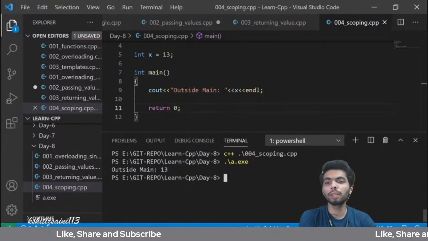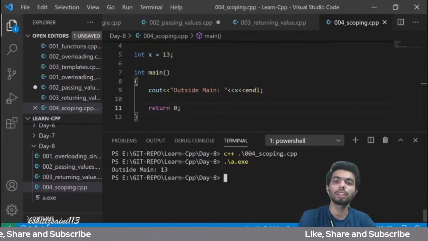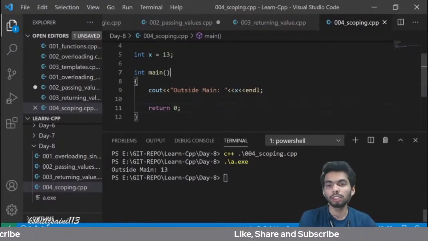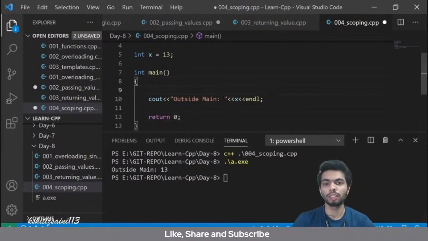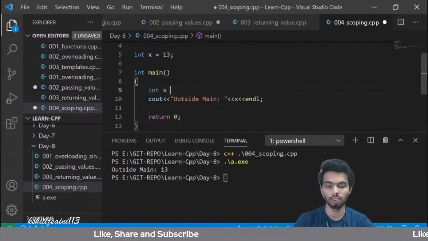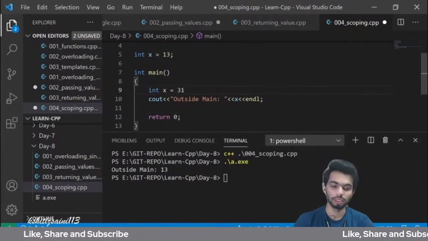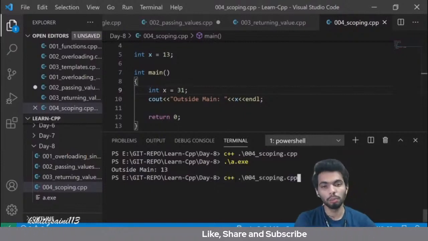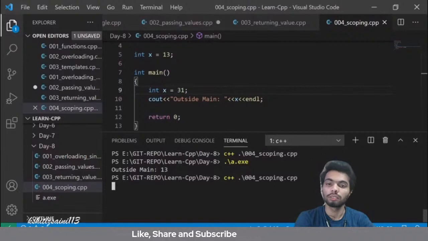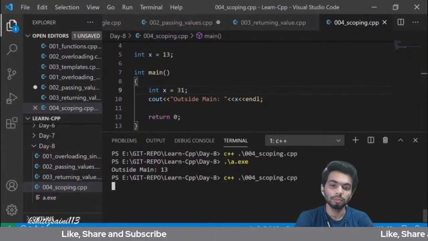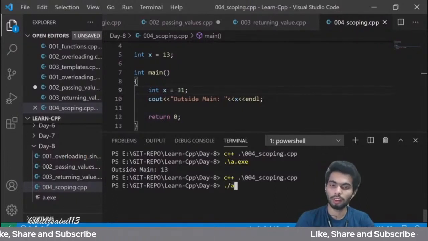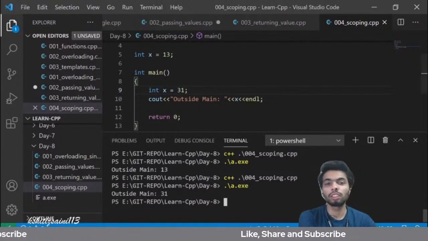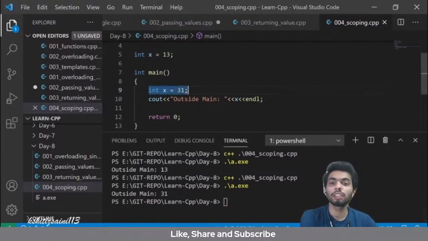तो अब ये आउटसाइड मेन था और आउटसाइड मेन को इसने प्रिंट कर दिया। बट नाउ लेट अस चेंज समथिंग। हमने क्या किया, int x = 31, यानी यहाँ पे x = 31 इनिशियलाइज कर दिया। तो अब मेरा क्या होगा, यहाँ पे वैल्यू 31 आ रही है बिकॉज आई हैव इनिशियलाइज्ड इट इन द ब्लॉक सिस्टम।